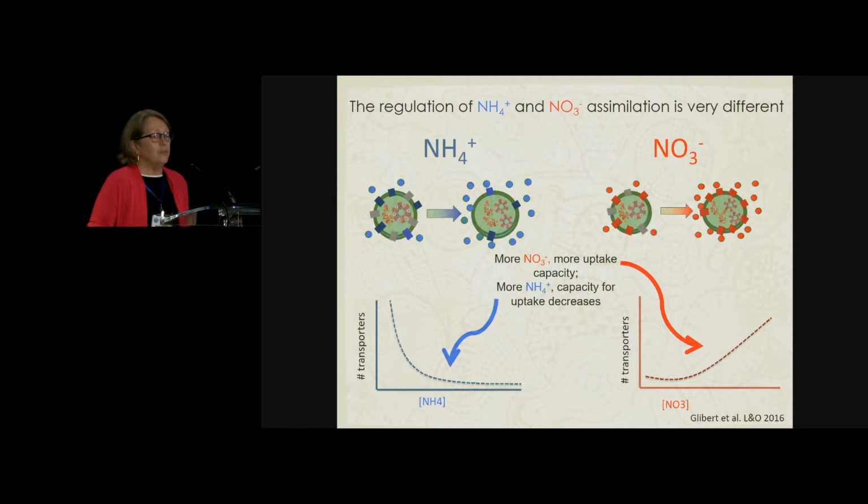We also know that if we increase ammonium concentration, the capacity for ammonium uptake often goes down. The number of transporters become reduced, and that is the cell protects itself from over-enrichment of ammonium, which in the cell can be toxic. On the other hand, for nitrate, as we increase the concentration, the capacity for nitrate uptake shifts up. So the shift-up phenomenon is one that is very well described in the literature.